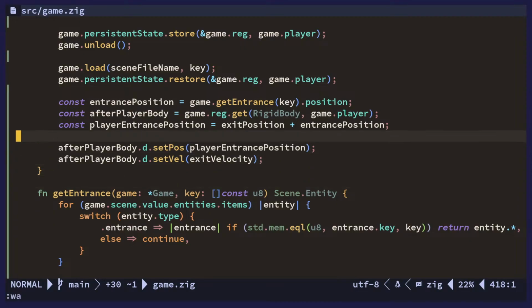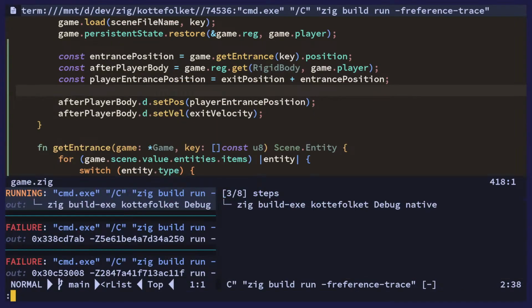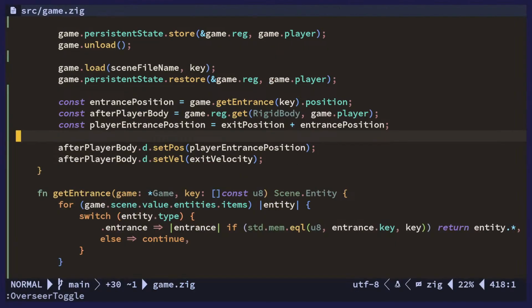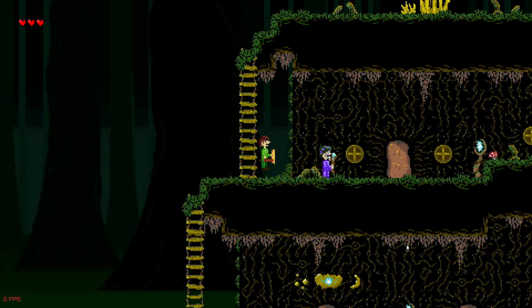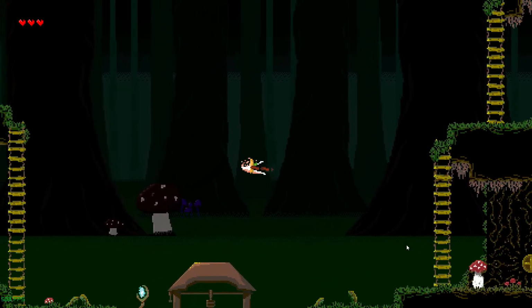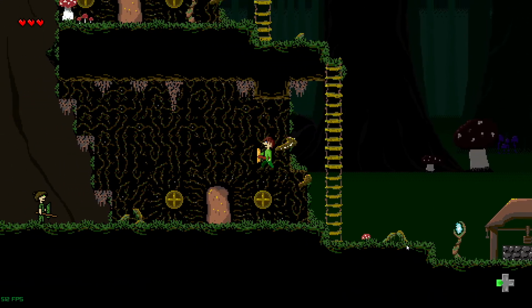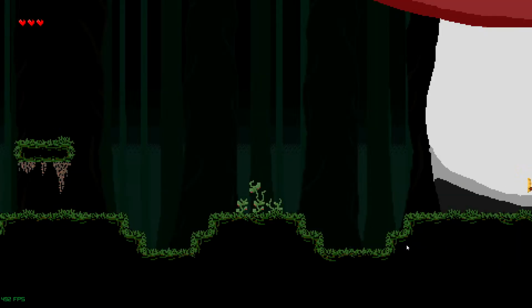Okay, so let's actually test this now. Just checking if it's actually trying to run this now. There we go. Okay, I have to go over here. And yeah, it does something. Okay, so I think